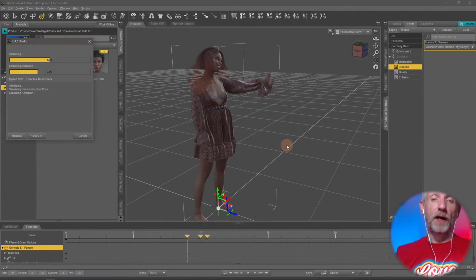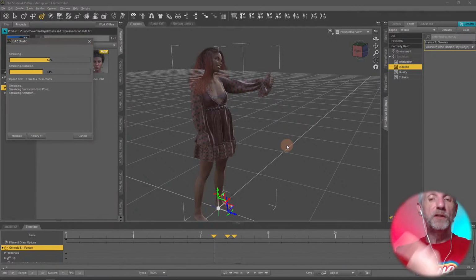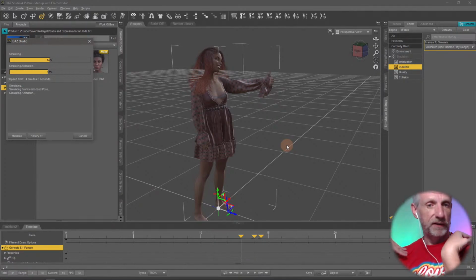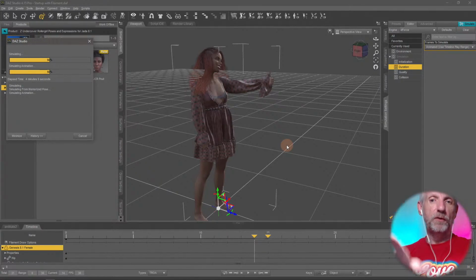Yes, indeed, Matthew, absolutely. And also no more multiple simulating things. Once dForce is done calculating, it'll remember it, but it won't then redrape it. So if I had a slightly different leg pose, that would mean I'd have to resimulate the dress, but the hair and the shoulders are kind of in the same position. I could say, hey, I'm good with the hair as it is, and I'll either freeze it and just resimulate